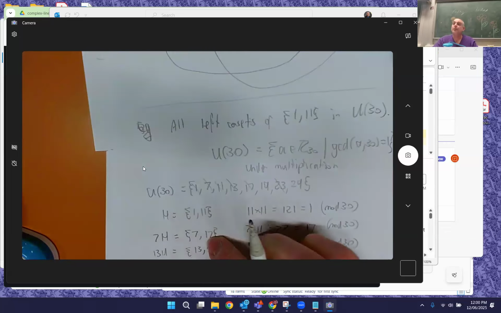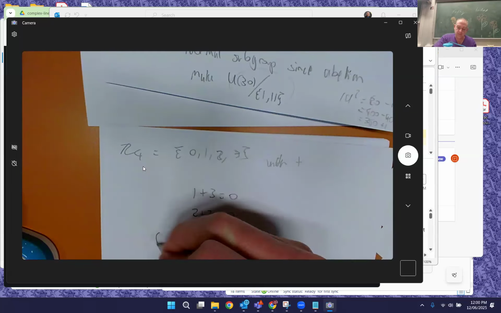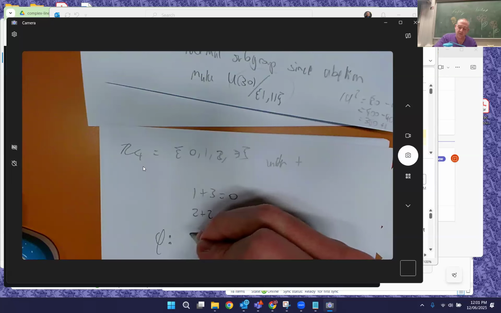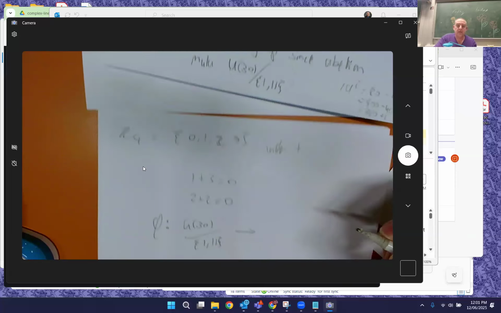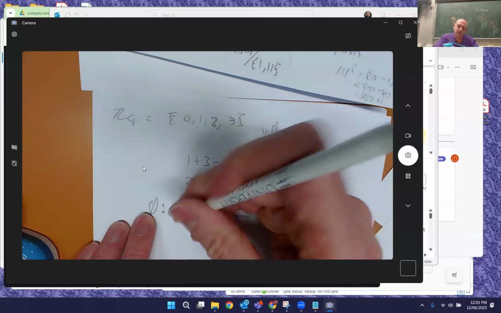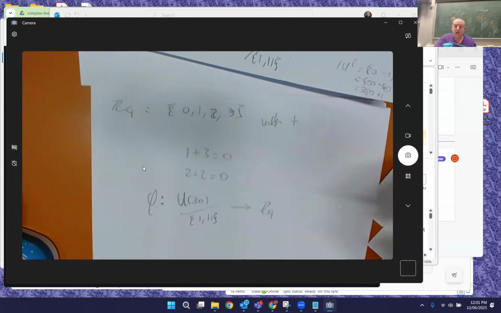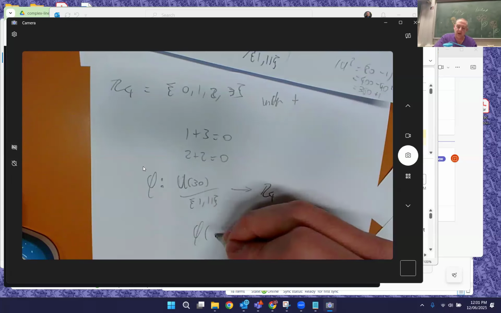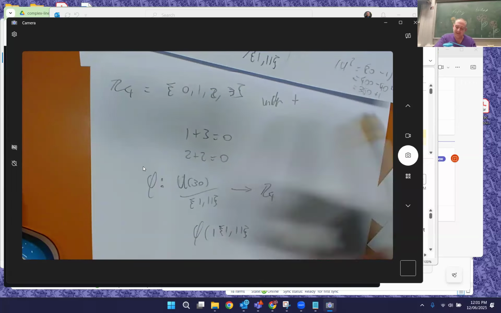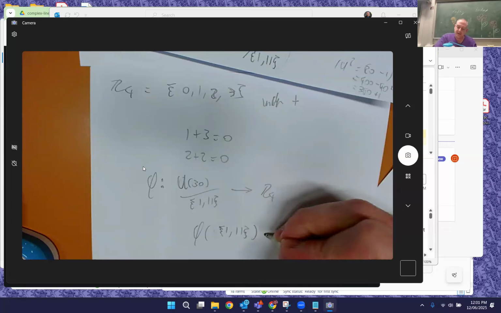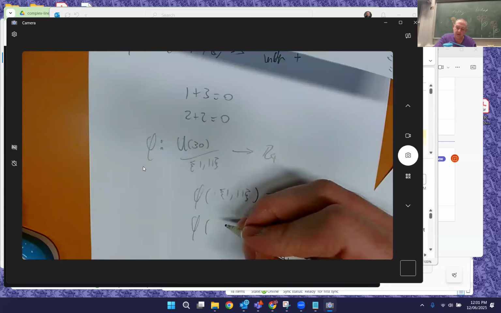That's the same shape as this one. And so you could make an isomorphism that went from U30, sorry, U, yep, from U30 to Z4 by phi of 1. Phi of 11 will be 0. And phi of